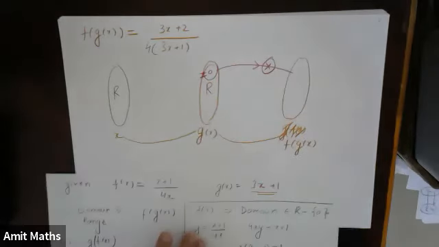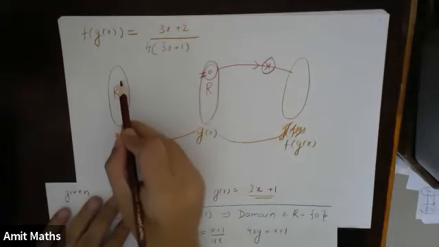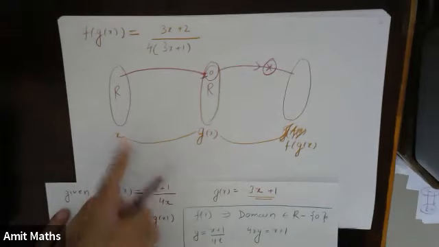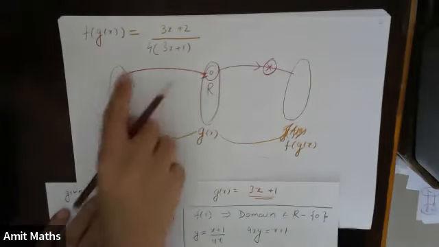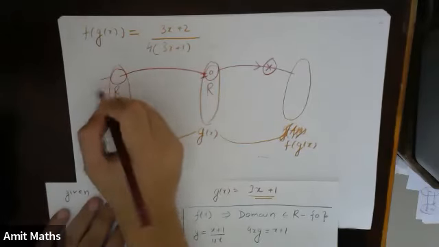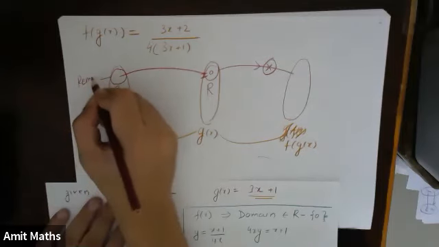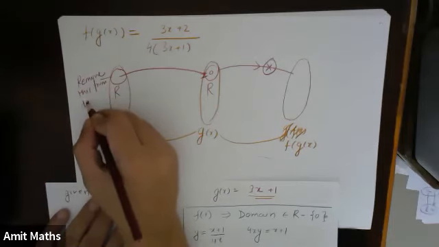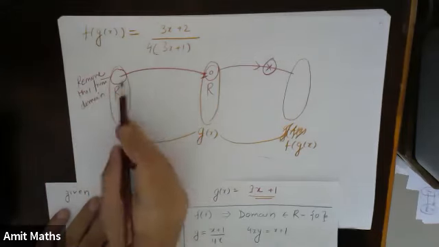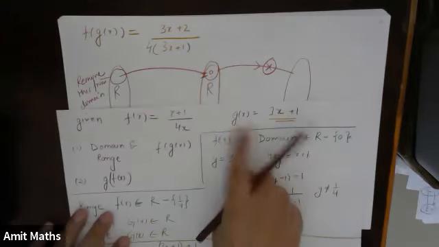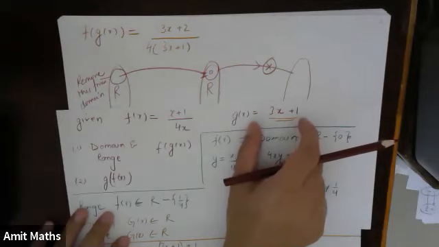So the first thing we have to do is find the pre-image of 0. If we substitute something in x and we get 0, that 0 cannot be taken. So we will remove this part from the domain. What will give you 0? g of x will give you 0 as an output.